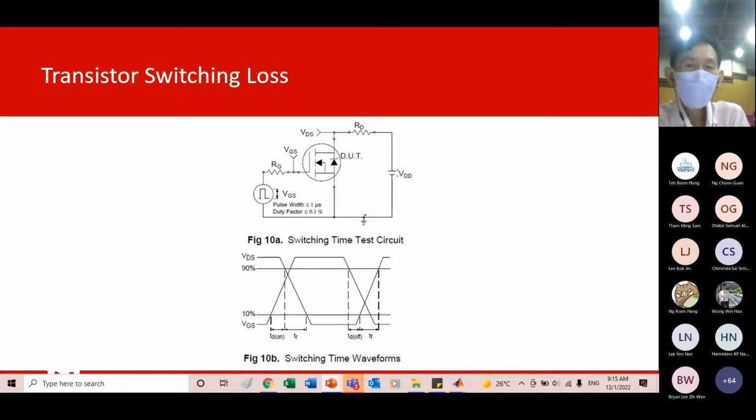Every time we do this switching, turning on and off, we will have this issue called switching loss. Why switching loss? If you look carefully, when you go from VDS on to off, and then on again, you will notice that